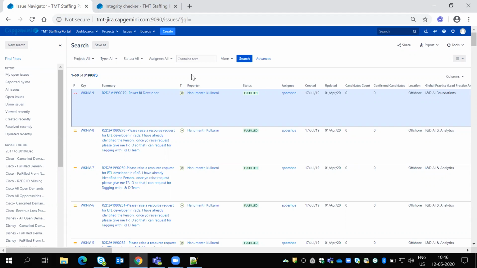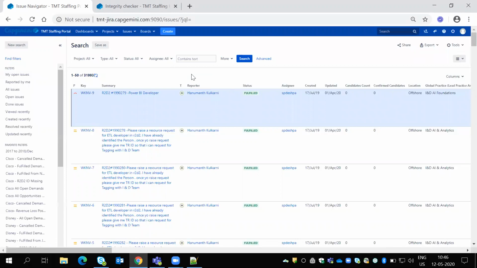Suppose you have one drop down field, locations, and you can select some drop downs, like location is equal to Hyderabad or Bangalore or something. If you want to capture the empty ones which are not selected, you can write location is equal to empty, so the empty ones will come.